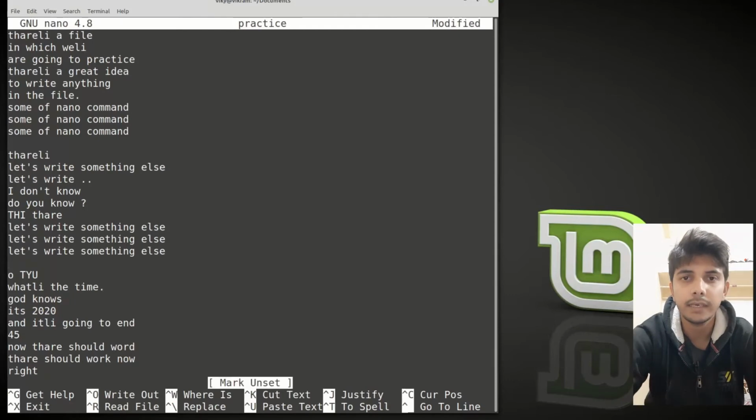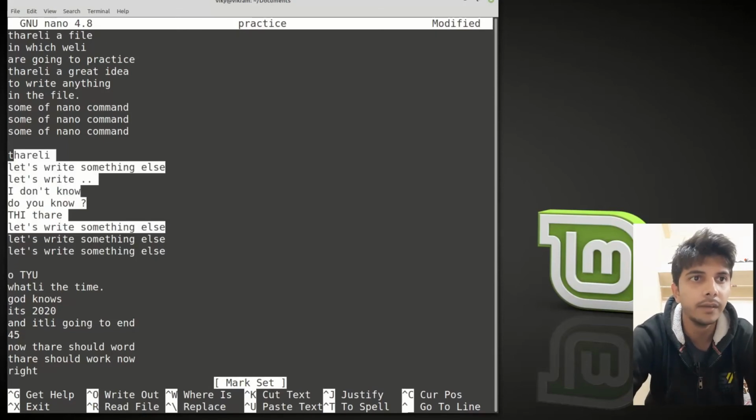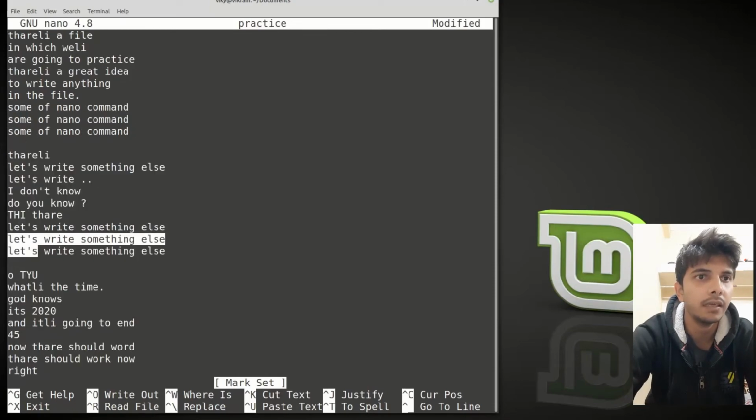Now let's say you want to copy or cut a particular segment of lines, or particular words. For that you can press Control 6 to mark a set. The mark has been set now. Then while pressing the Control key, you can use the arrow keys to select a particular area.